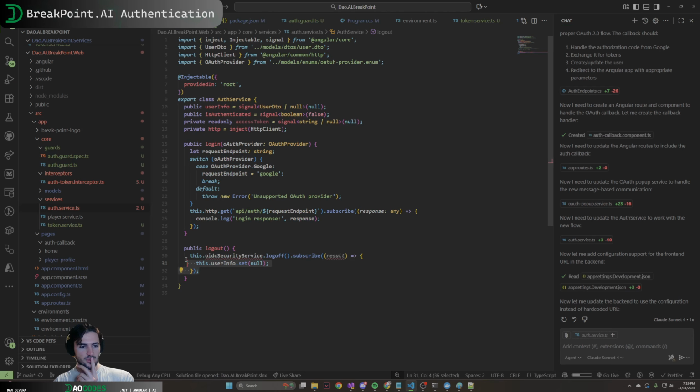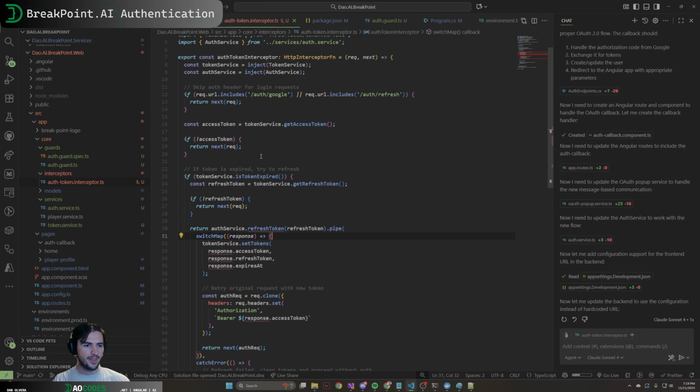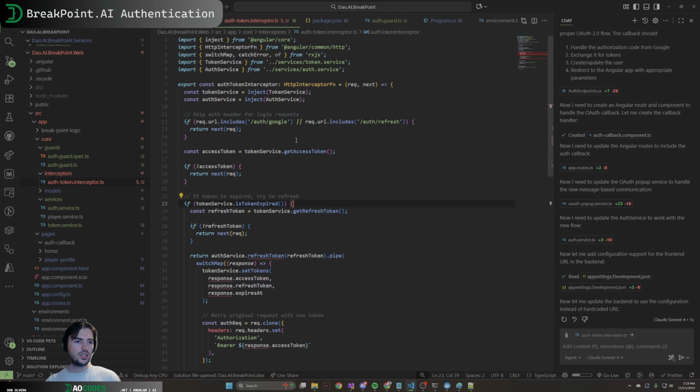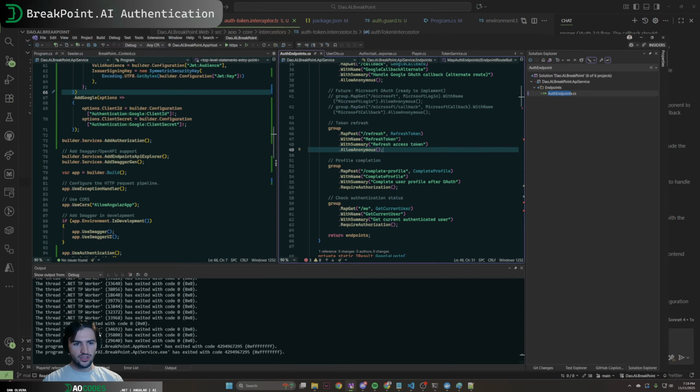Log off is going to be interesting. It's just going to be clear the cache and call it a day. Okay, auth token and token service. Yep, auth token, refresh token. So refresh token